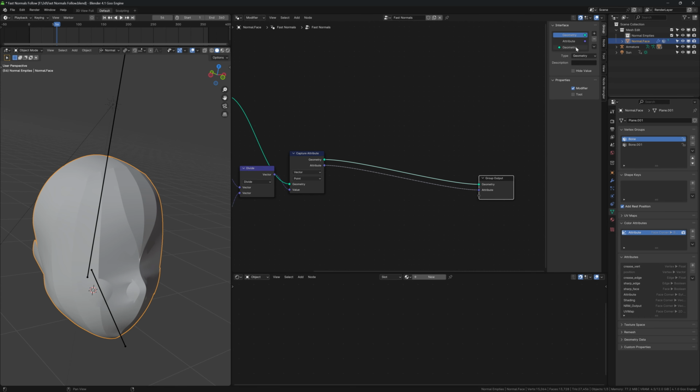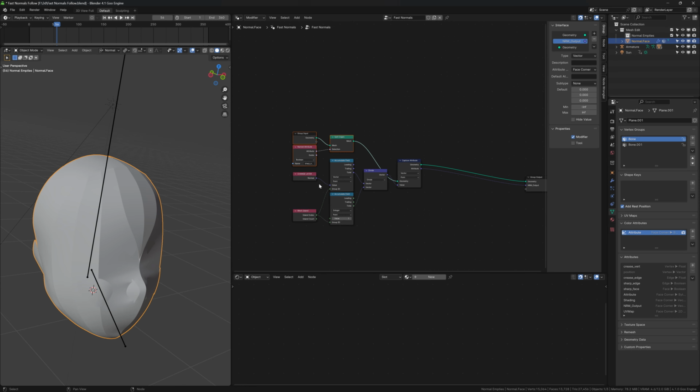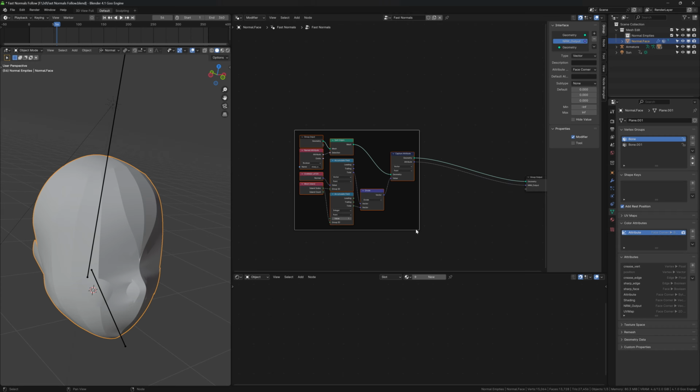Open up the side panel, and name the vector attribute. Name it something like normal output. And make sure the attribute is changed from point to face corner. Gonna clean this up a little bit. I'm just gonna grab these all together, put them in a frame with Control J, rename it with F2, name